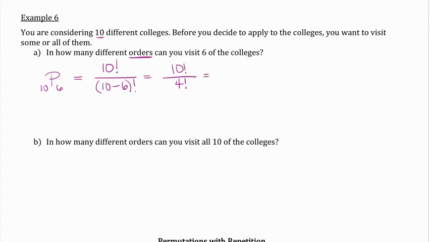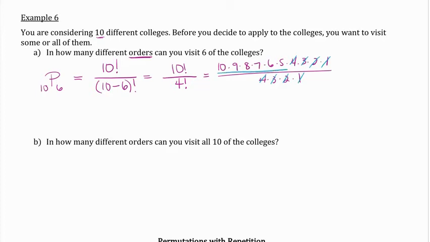Or you can also think of it as that 10 factorial, that's 10 times 9 times 8 times 7 times 6 times 5 times 4 times 3 times 2 times 1, over 4 factorial, which is 4 times 3 times 2 times 1. And then I could cross out the 4s, the 3s, the 2s, and the 1s,